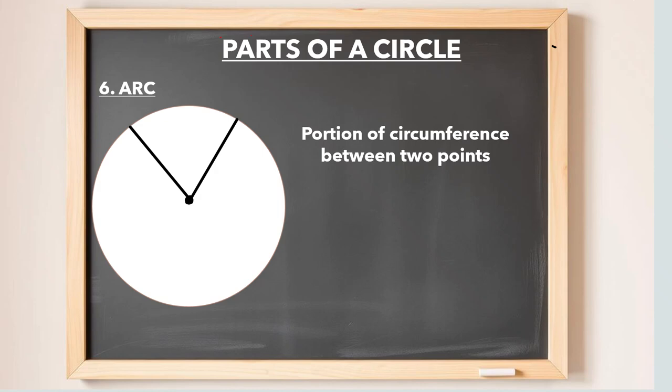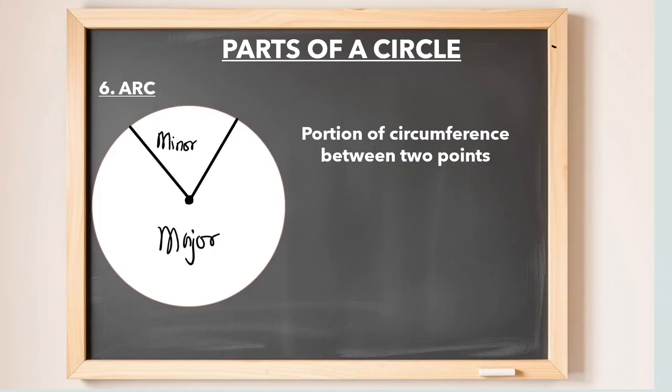Now, when we define an arc, we have what is called a minor arc. The minor arc is the smallest curve you have in the circle. So this is called a minor arc. And also we have the